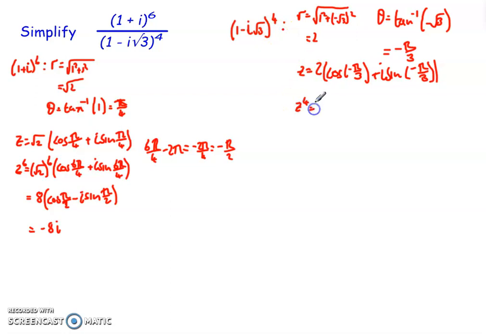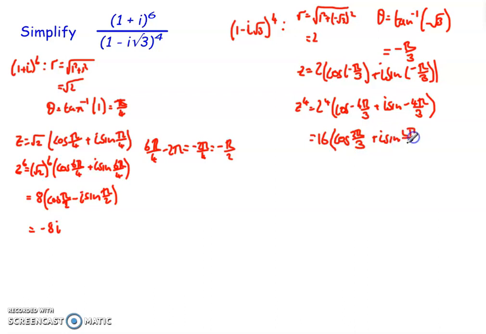So z to the 4 is equal to 2 to the power of 4 bracket cos of negative 4 pi over 3 plus i sine negative 4 pi over 3. So 2 to the power of 4 gives me 16. Negative 4 pi over 3, what I have to do this time is add on 2 pi to bring it back into my range. So if I do negative 4 pi over 3 and add on 2 pi, I'll have 16 bracket cos of 2 pi over 3 plus i sine